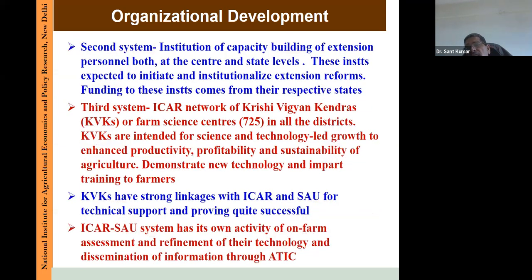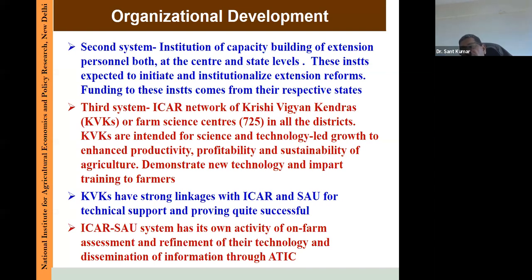The second system was the institutions for capacity building of our extension personnel, both at the central and state level. These institutions are expected to initiate and institutionalize the extension reforms. Funding to these institutions comes from their respective states. The third system, which is mainly run by the ICR with funding received from the central government, is the network of the Krishi Vigyan Kendra, the Farm Science Centers,